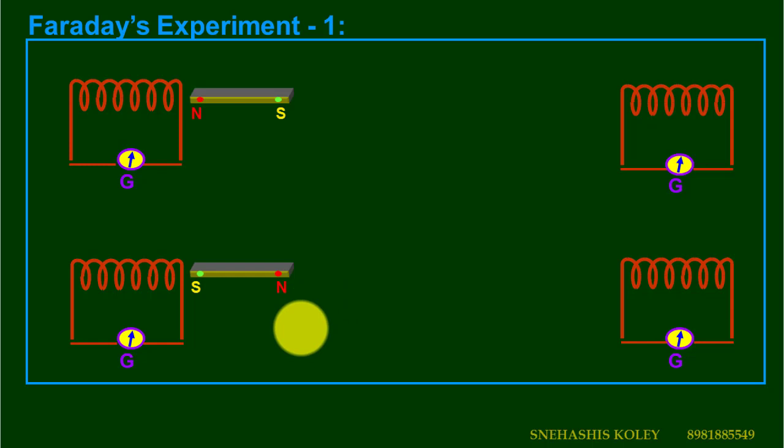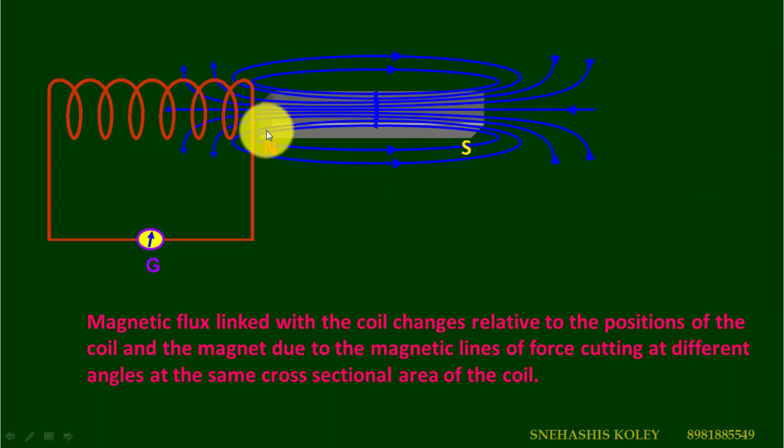Exactly similar observations are made if the magnet is kept stationary and the solenoid is moved. So it implies that it is the relative motion between the solenoid and the magnet which produces a current, irrespective of whether the magnet moves or the solenoid moves. In this figure you can see that with the movement of the magnet, more magnetic field lines are crossing the plane of the solenoid, and due to this the flux increases and hence a current will flow through the conductor.